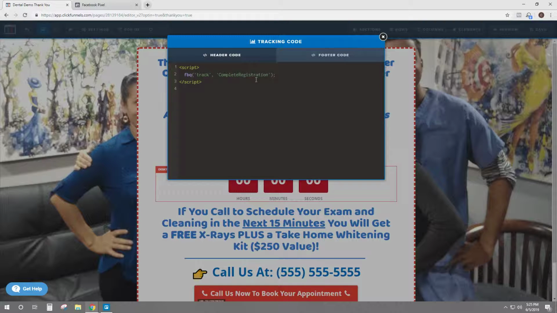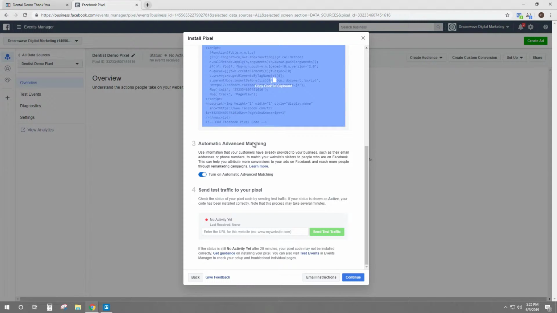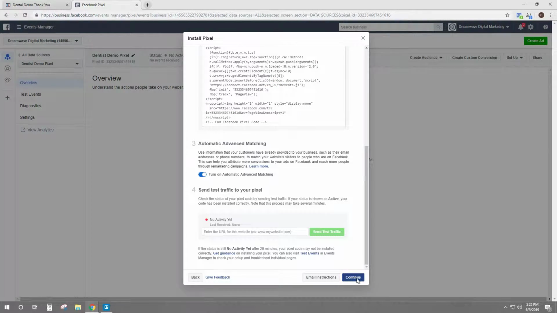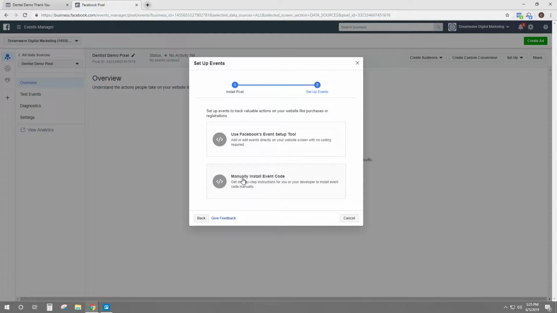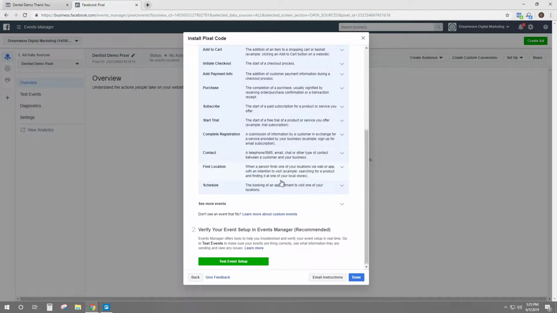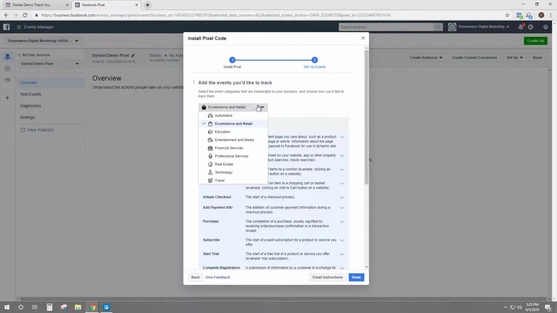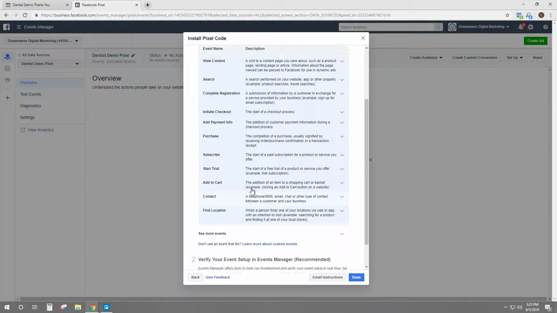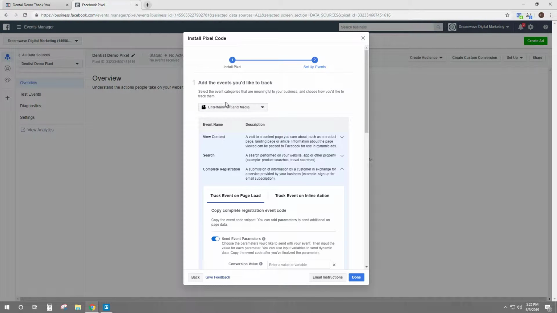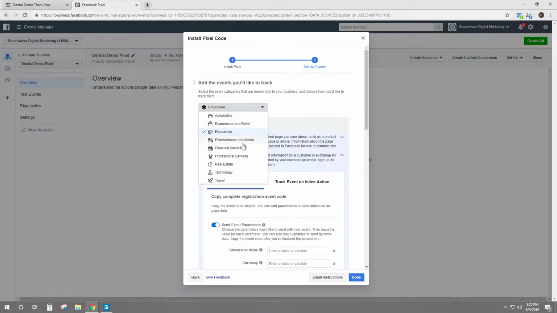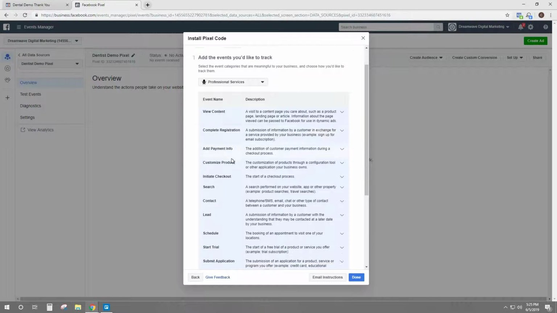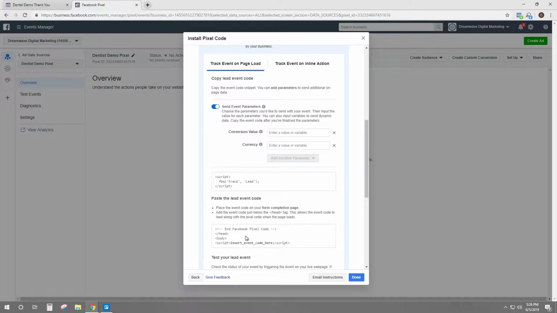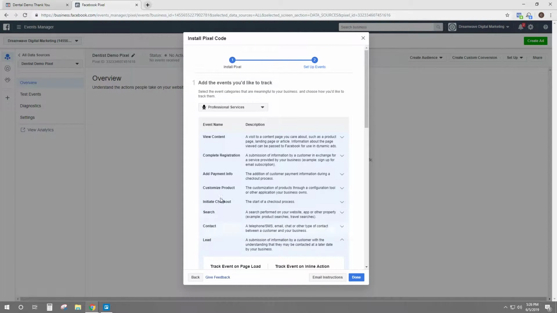Now in this case, I've got complete registration, and in order to get this information right here, you're going to go into your Facebook pixel and hit continue. And if you do manually install the event code, it allows you to select the different types of events that you want to have. Now in this case, it doesn't really matter which one you want. You can either do complete registration, there's also lead. Let's see if we can find it. Here's lead. You can do a lead if you're tracking leads,